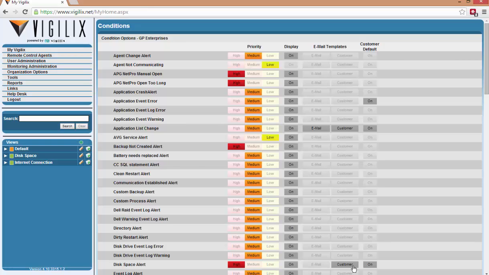You can very easily go into the Manage Customer screen, tell it you want to send them customer defaults. Here's the list of email addresses where you'd like to send those alerts. Set up the voice on this screen, and those will automatically go. A nice, easy way to manage